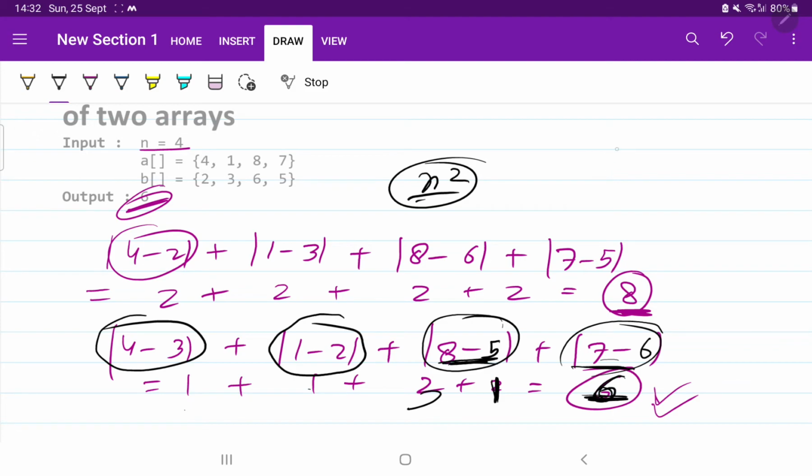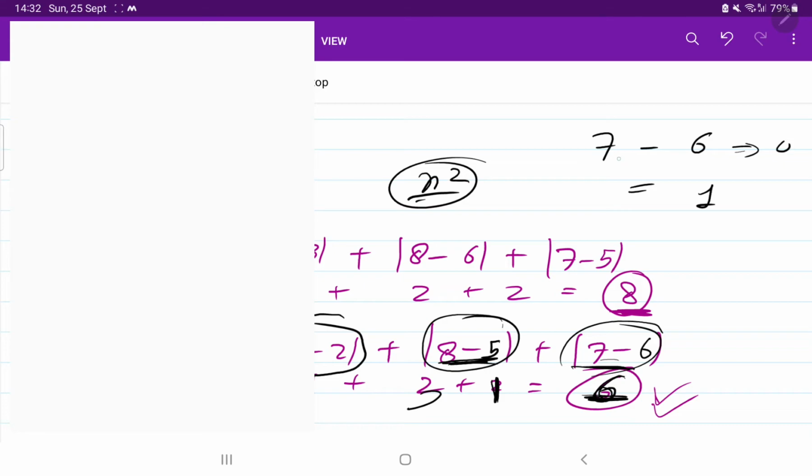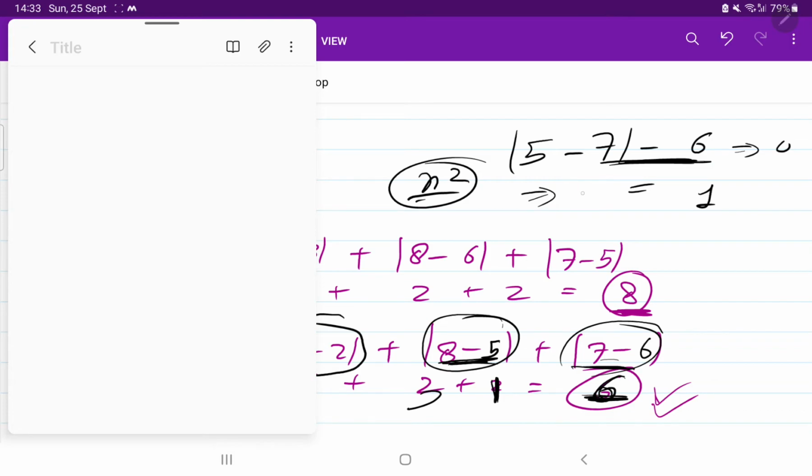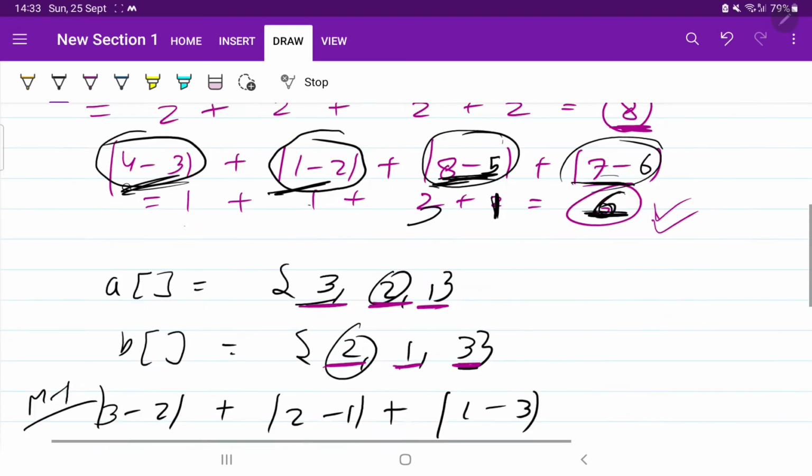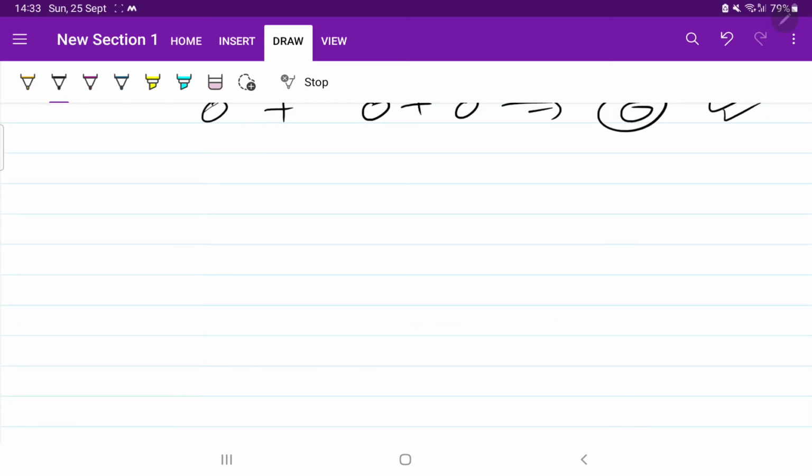If you subtract two close elements, for example 7 and 6, you are going to get a minimum sum, that is 1. If you subtract the same element, you get a value of 0. But if you subtract nearby terms like 7 minus 5, or 5 minus 7, you get 2 when you take the absolute value. So we got one thing: the sum of differences is minimum when either the terms are equal, or, if the terms are not equal, they are nearby terms. This is my second observation. Let us take this example again and try to observe the things more.